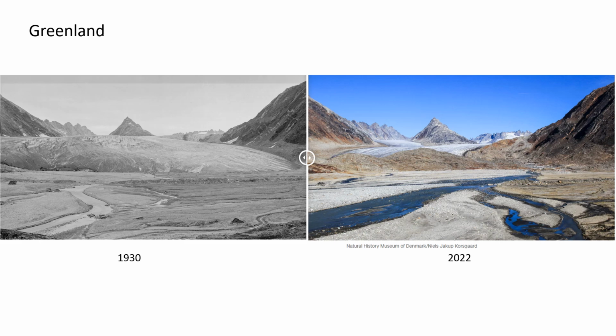And I kind of went nuts with this, but here is Greenland, 1930. 2022. I'm not sure exactly where in Greenland this is, but Greenland is losing a lot of ice, probably more than anywhere else. I was reading an article just a week or two ago about how Greenland now has 35 more small islands than it used to, because the ice is melting along the coast and revealing these new islands. They were previously covered in ice, looked like it was all connected from the